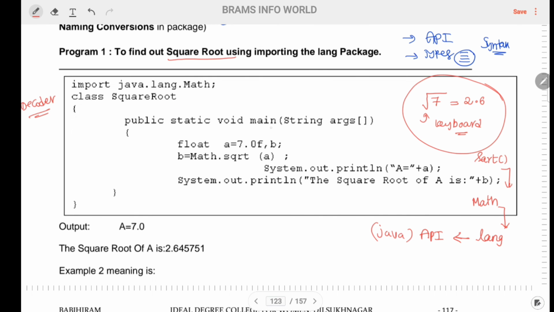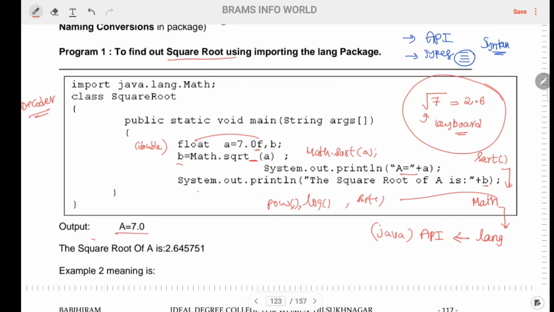Now public static void main String args. So, a default statement. See, this is the decimal value. We can also use double. a equals 7.0f, where f is associated with the floating value, and b equals Math dot, so from Math, one of the functions is called sqrt. We have different functions like log, power, and so on. We have a lot of methods. One of the methods is called square root, and there is no gap here. That is Math.sqrt(a), or we can directly define 7 also. Then printing of the a value and printing of the b value.